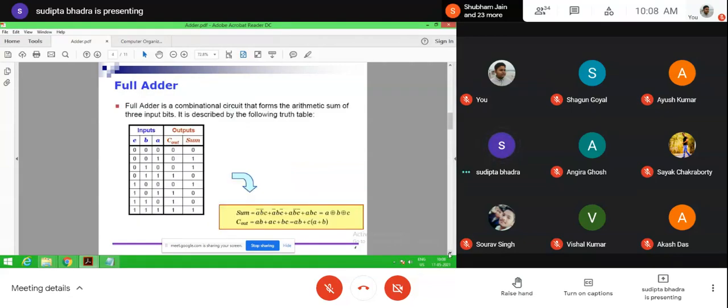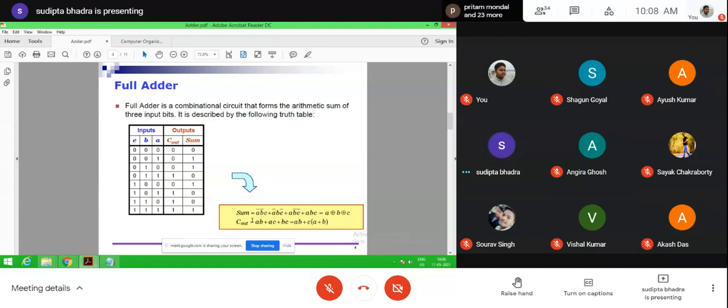So in case of full adder, the carry is taken as an input, and in this case the full adder truth table is